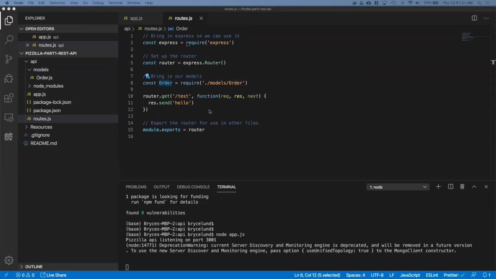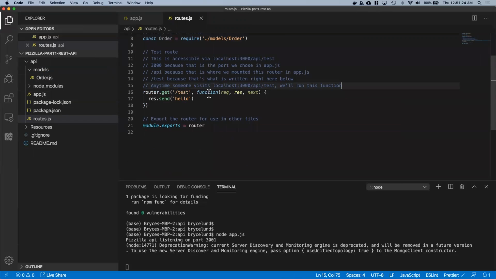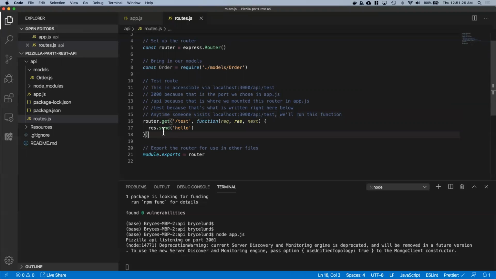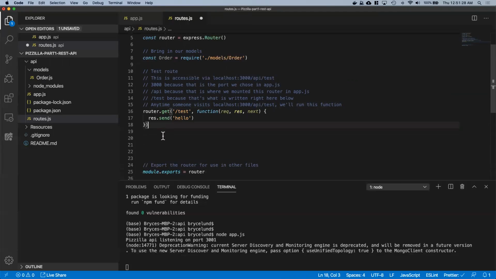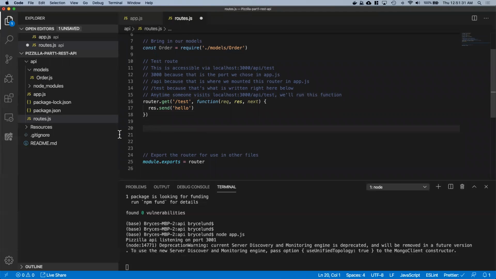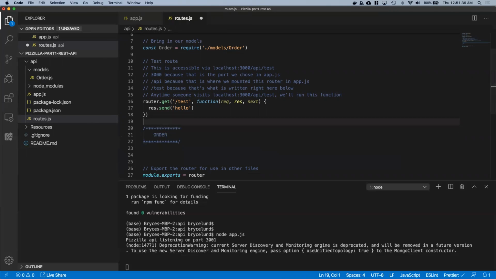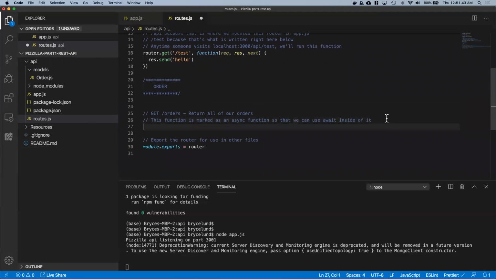And let me put in these other comments here so that we can keep track of this. This is our test file. We'll keep this just so you can remember what's going on. But now we're going to start setting up our endpoints that will deal with our order. The first one we're going to do is our get orders, and what this does is it returns all of the orders. So we're going to say router.get, just like above with the test one, /orders,